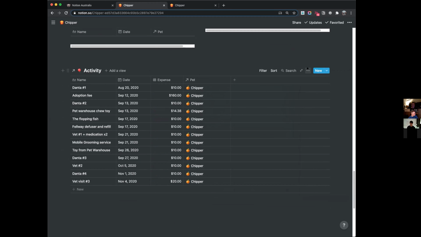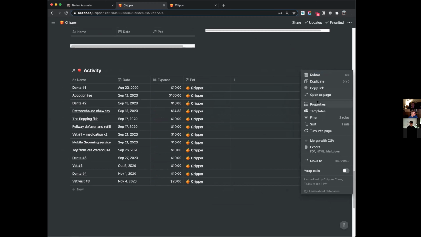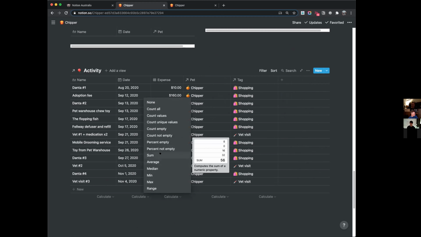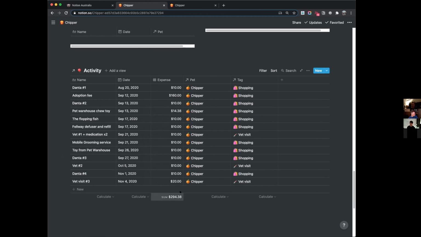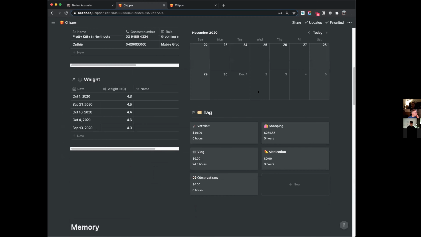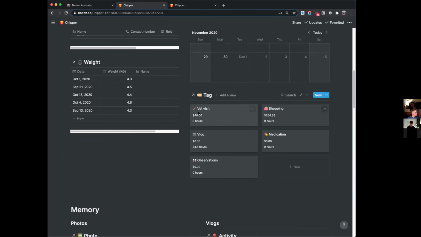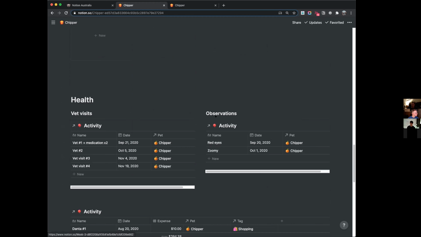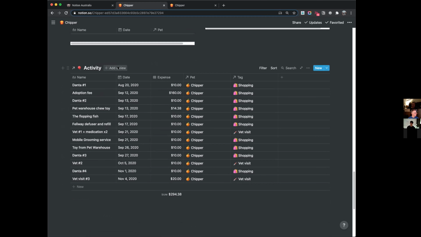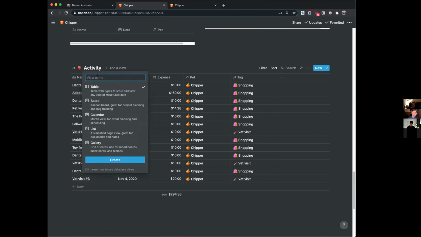And then if you want, you can show the tags if that helps you. And then you can just go, I want to tally everything up, give me a sum. This is how much entirely I've spent on every single thing. And you can see the breakdown here. On vet visits is $40. Or if you're interested, you can always create another view, another table, just say vet visit, create.